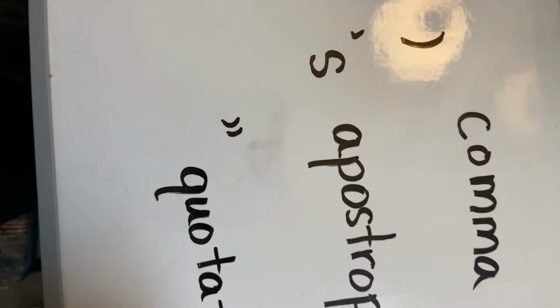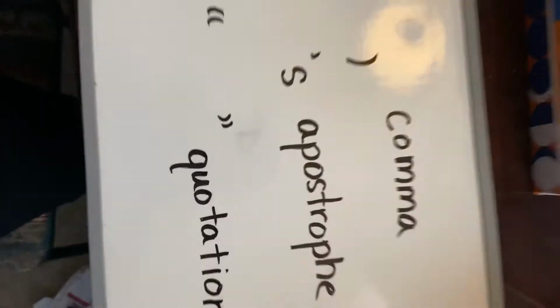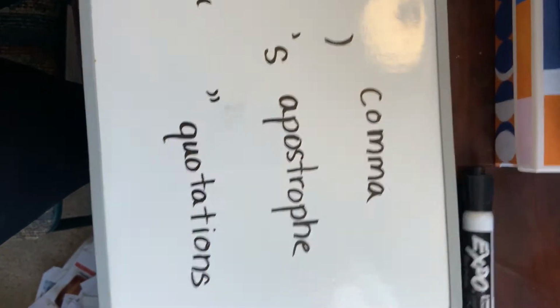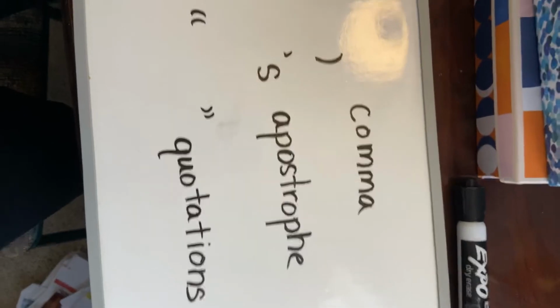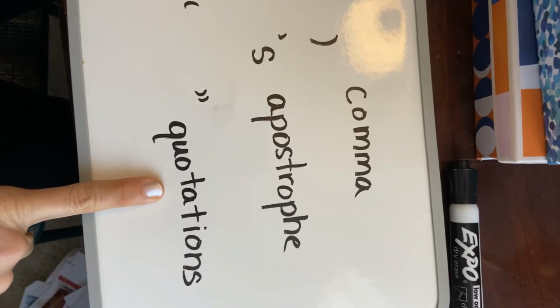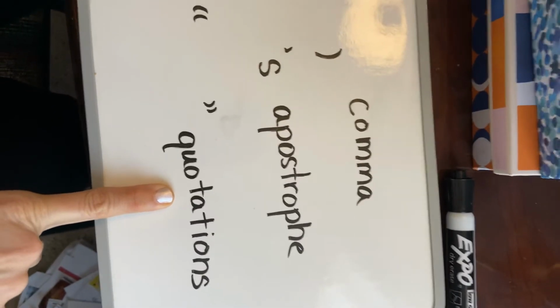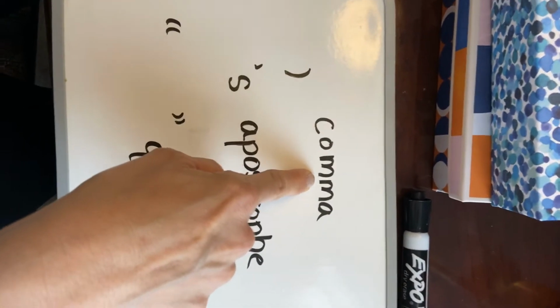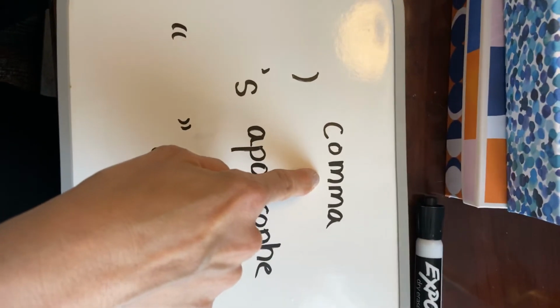Okay, so keeping all three of these straight in your head is a little difficult. So if you need to, you are more than welcome to write these three things down in your journal so you can keep them straight. So quotations is what we did last week when we were writing our poems. Commas, there's a few lessons about commas. Today's the first one for this week.